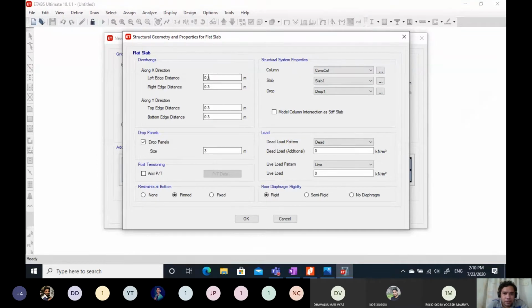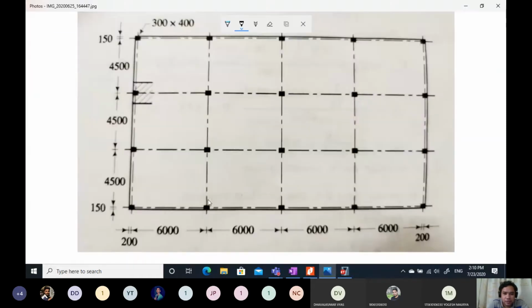Now here, along the x direction, our edge distance is 200 mm, meaning from the center of the column to the edge. Here also it is 200, so both at the left as well as right it is 200 mm, and at the bottom and at the top, the y edge distance is 150.